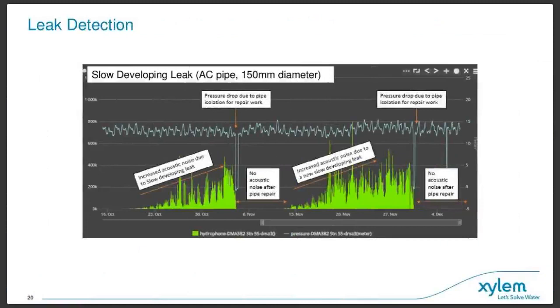So another example here of the value of having fixed networks for leak detection. In this case, you can see across the top in the grey a pressure trace, and then in the green the acoustic noise signature. This is taken over multiple hours over several days, and you can see the noise level increasing, giving a high indication that there is a leak nearby. And then the leak was found, and the drop in pressure was due to the pipe isolation to repair the